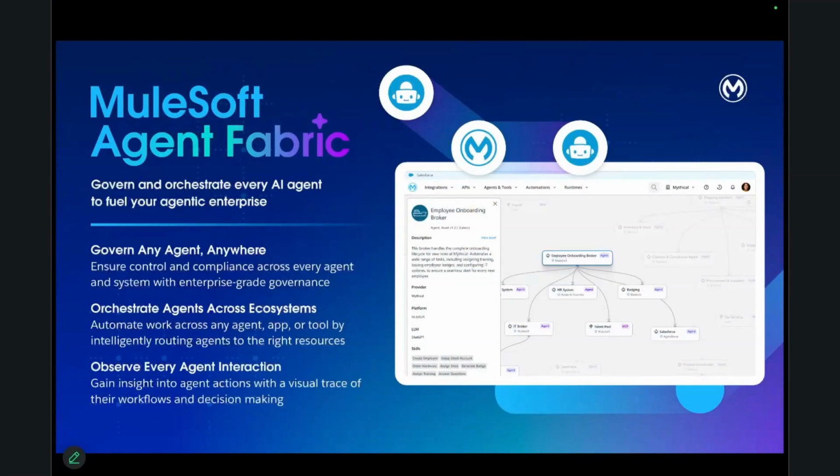So the solution that MuleSoft has brought to the market is MuleSoft Agent Fabric. Agent Fabric allows you to govern and orchestrate your AI agents wherever they come from, governing any agent anywhere. And this is an important point to make because MuleSoft, as you all know, is a Salesforce company.